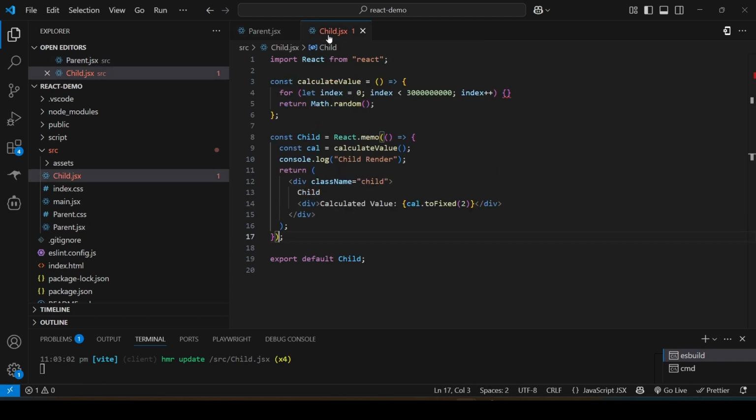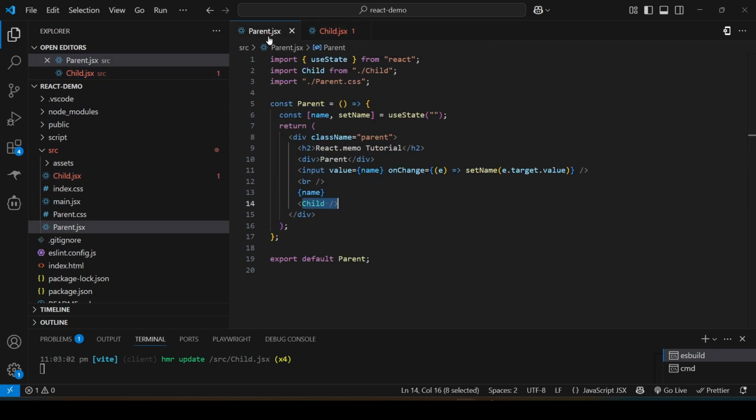That is why it is not re-rendering it. Okay, so this is the use of react.memo. If there is no change in the properties, it will not re-render the component. Okay, so if you want to see an example of the property changing, we can just put